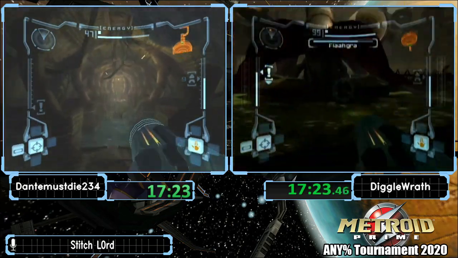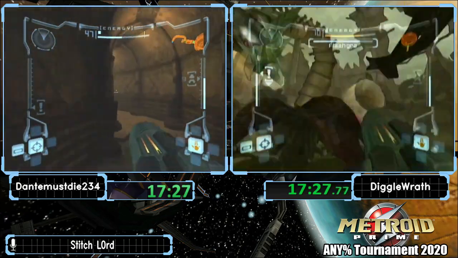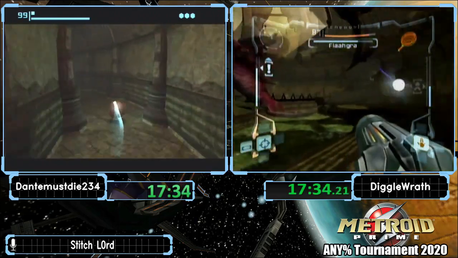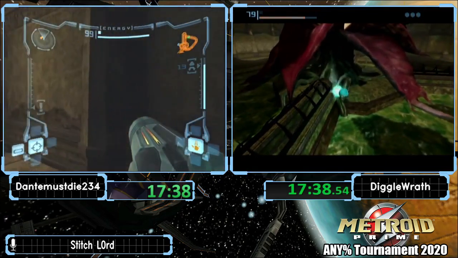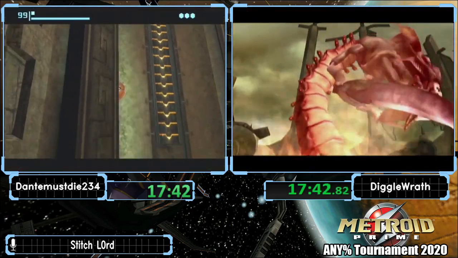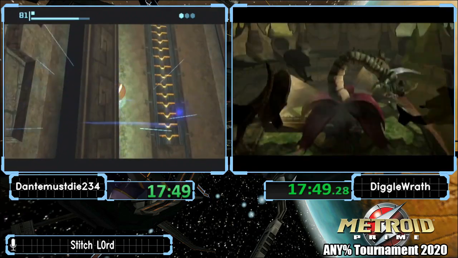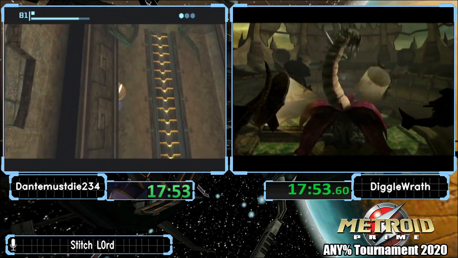So now we're going to see him do the Artifact of Early Wild. Normally you're supposed to go get the super missiles and go get the spider ball. But you can actually wedge yourself in the corner here, and the friction gives you enough time between the bombs that you can actually infinite bomb jump back up. And then you can...